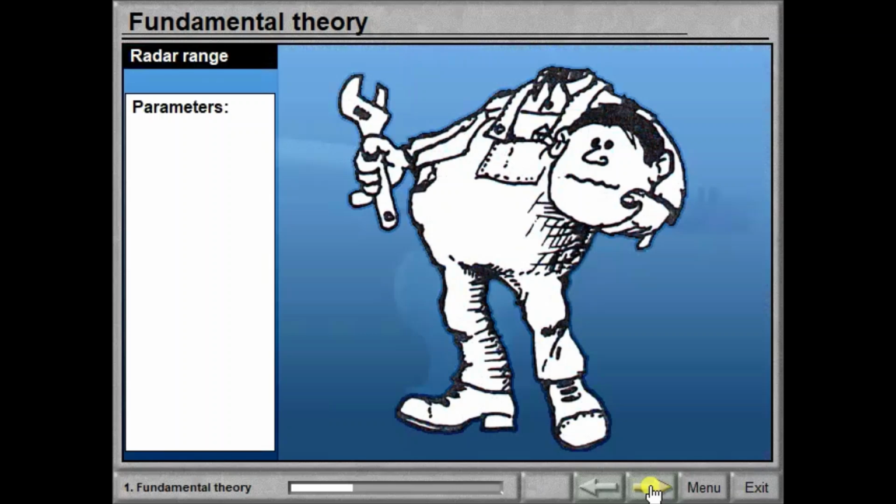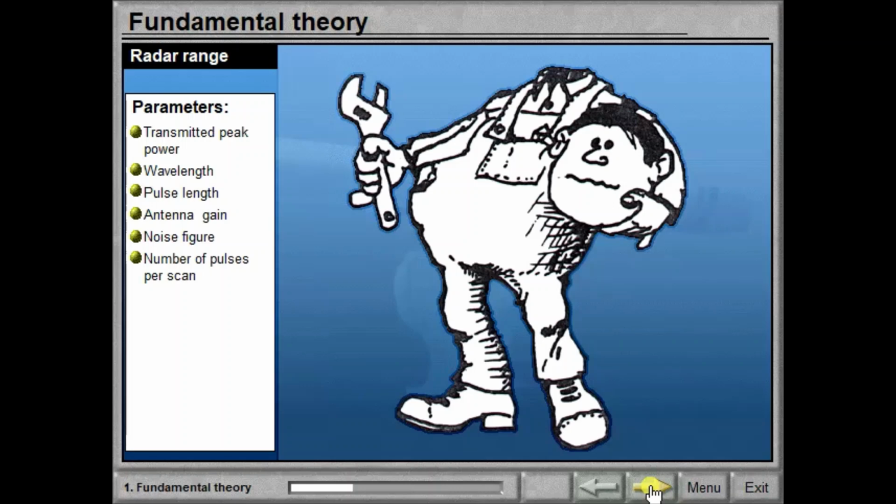The following technical parameters must also be taken into account: transmitted peak power, wavelength, pulse length, antenna gain, noise figure, number of pulses per scan, wave guide loss, display parameters.